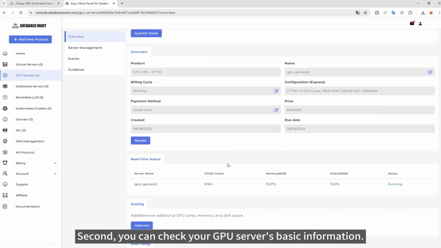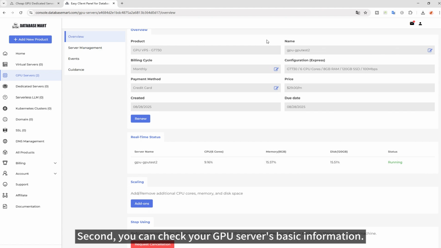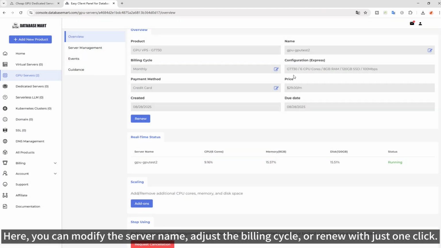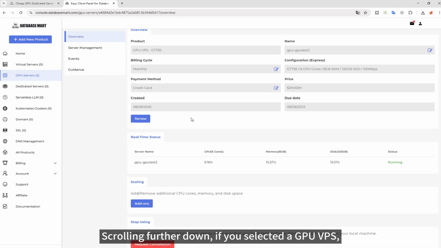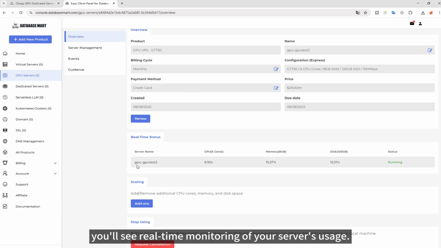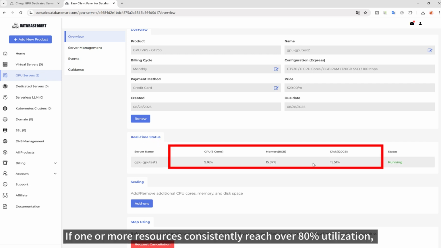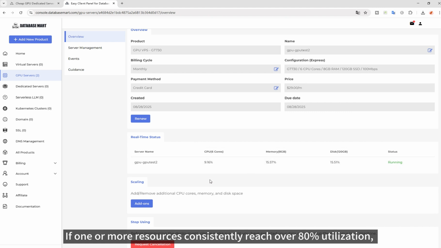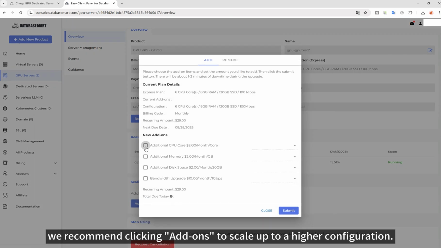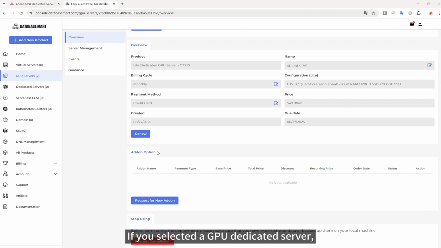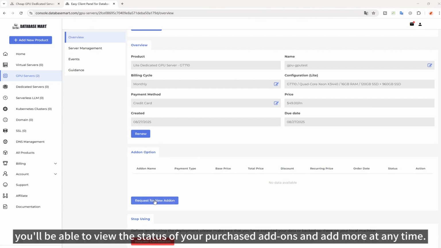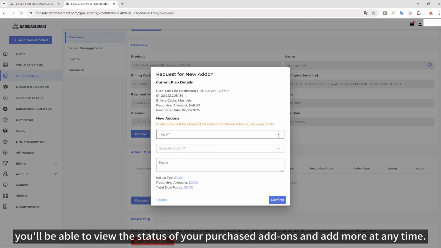Second, you can check your GPU server's basic information. Here, you can modify the server name, adjust the billing cycle, or renew with just one click. Scrolling further down, if you selected a GPU VPS, you'll see real-time monitoring of your server's usage. If one or more resources consistently reach over 80% utilization, we recommend clicking Add-ons to scale up to a higher configuration. If you selected a GPU-dedicated server, you'll be able to view the status of your purchased add-ons and add